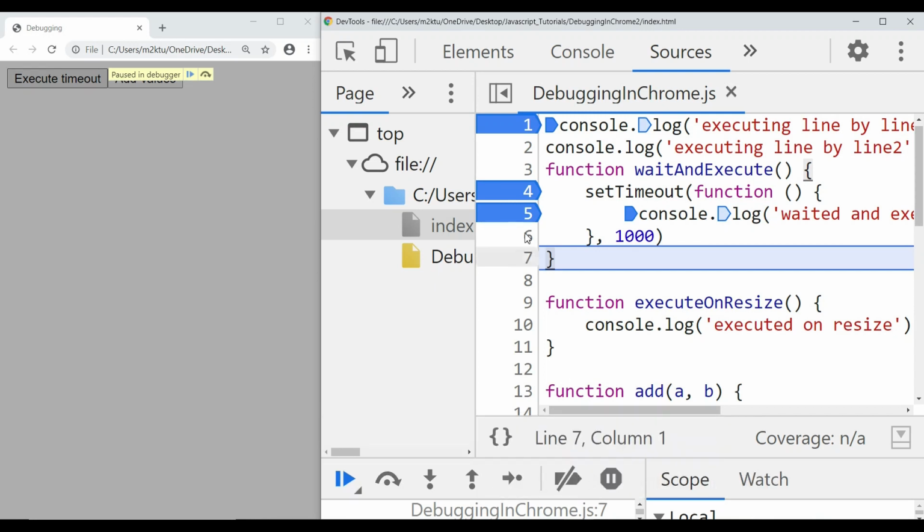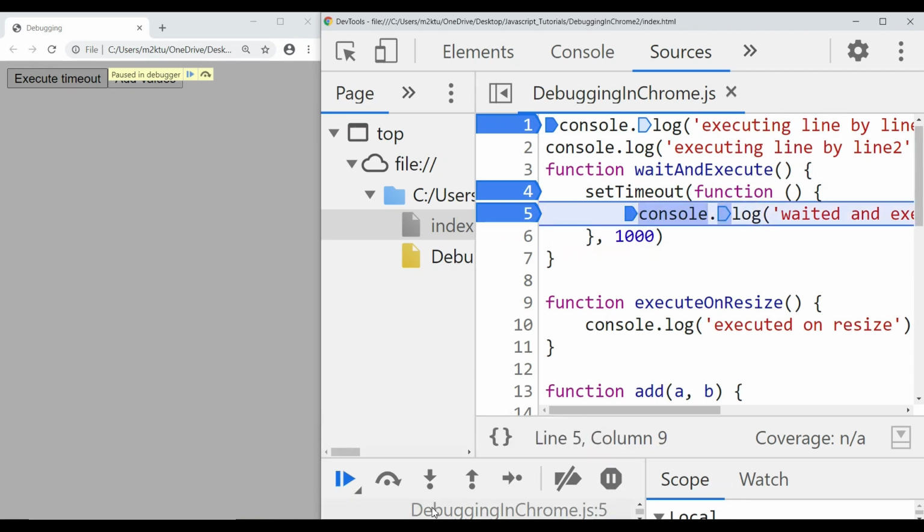So I put a breakpoint here and I needed to check this console.log line. So what I can do, I will just press F8 or this button, and you can see now our control came here at this line. So now I can debug inside this setTimeout function.